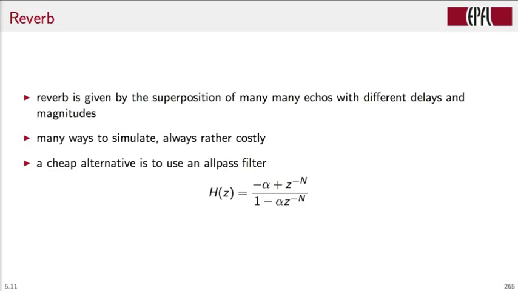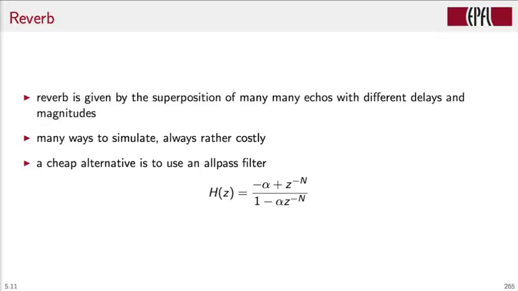The next linear time invariant effect that we will consider is reverb. Reverb is really the superposition of very, very many echo-like reflections that come from different directions and therefore have different delays and different types of attenuations associated to them. Because of the complexity of the impulse response associated to reverb, precise simulations are very costly in terms of computational